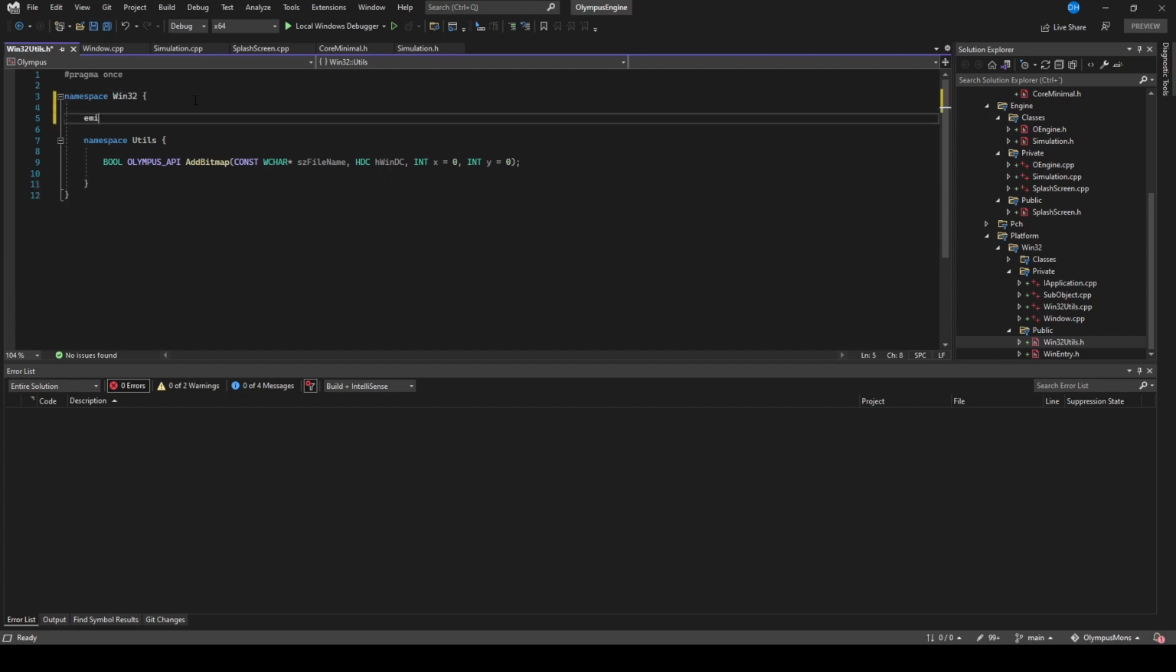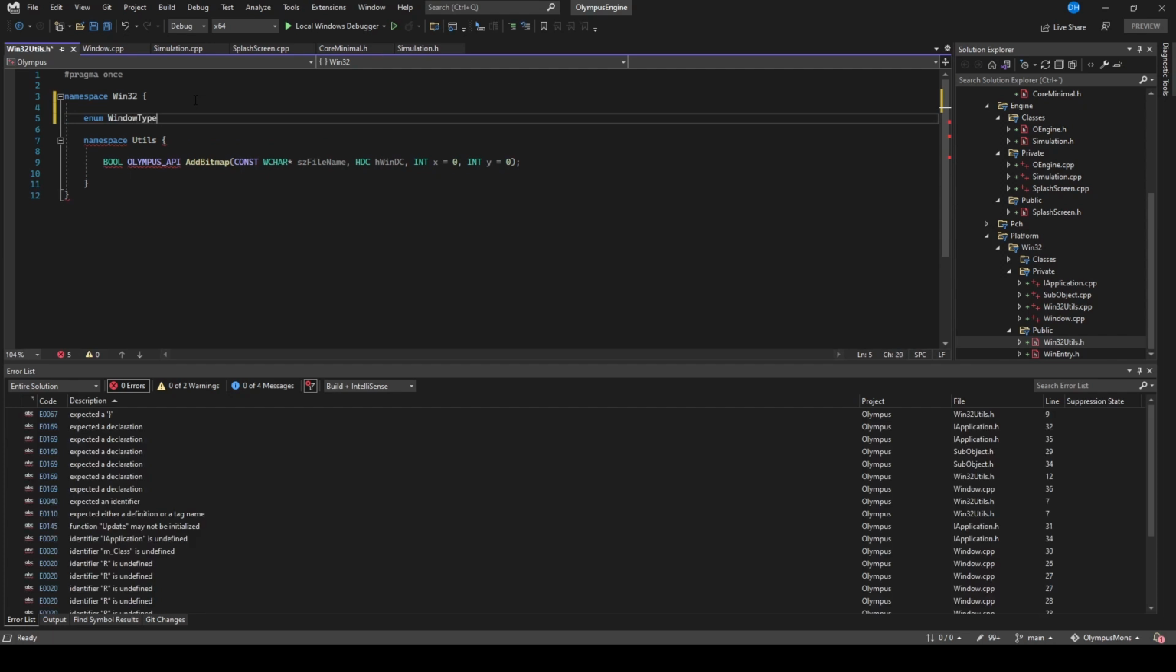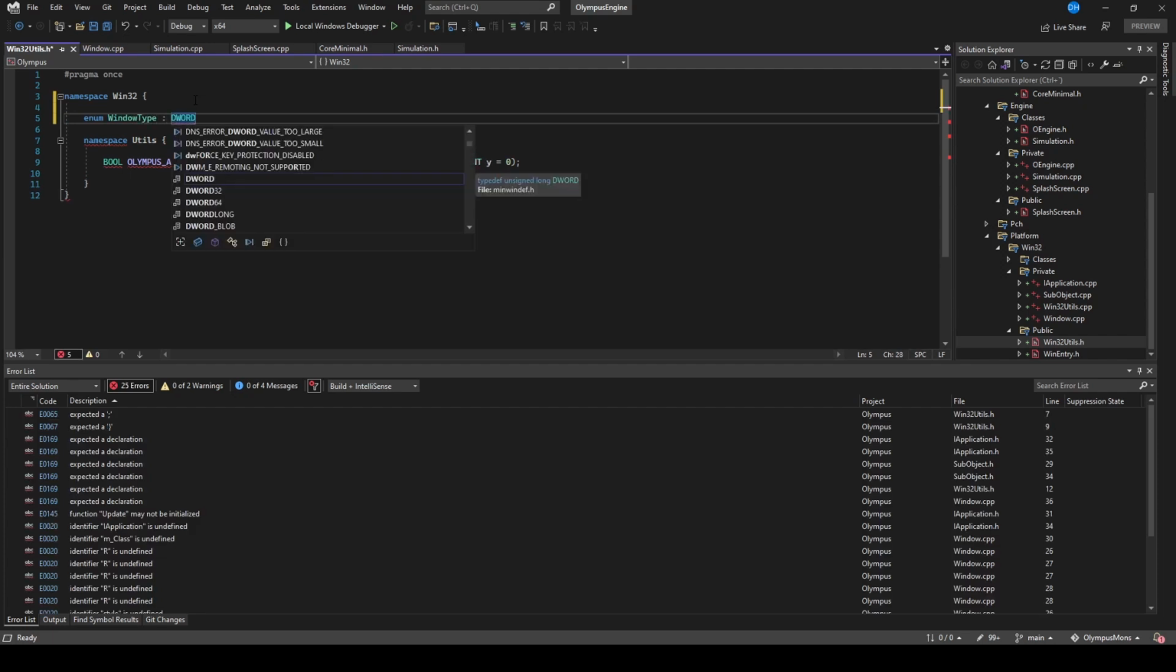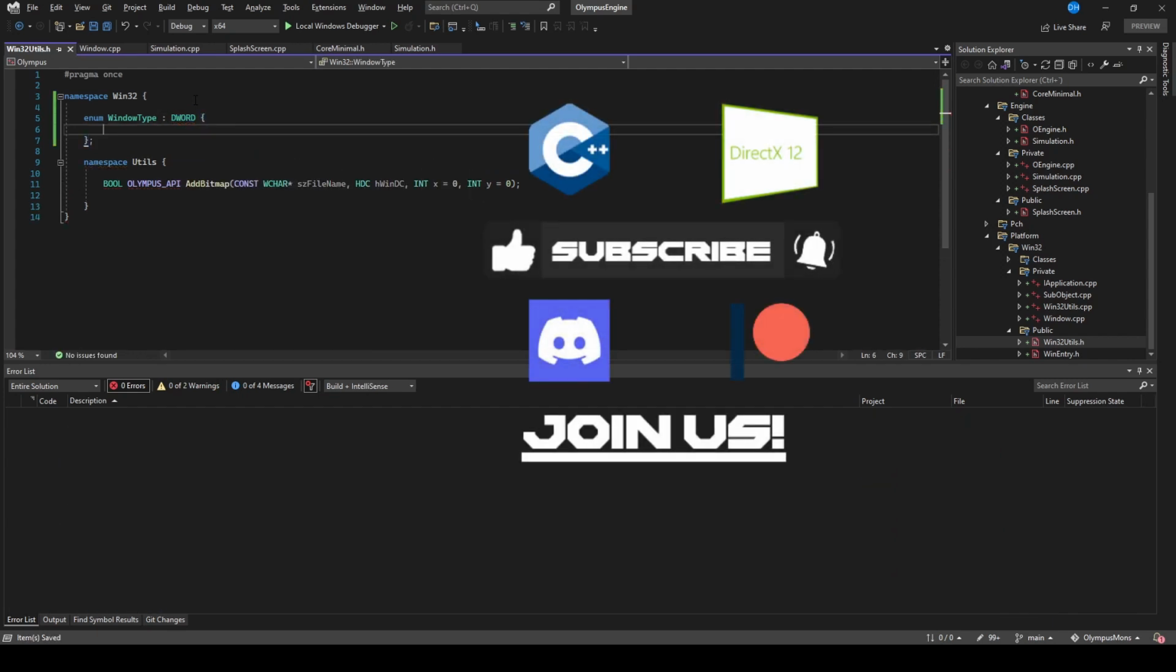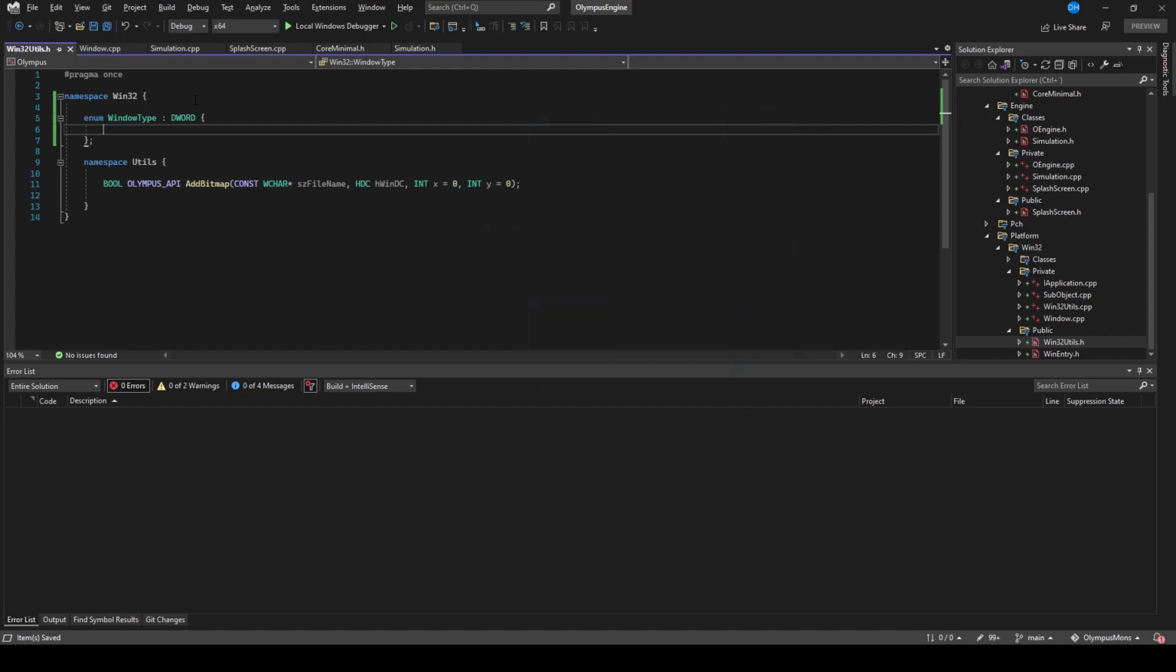And I'm going to say enum, and we're going to call this window type. And then I'm going to subclass that on DWORD because that was what our style was. And then we can create ourselves our different window types. So we can say we want a static window, and the static window is going to be equal to